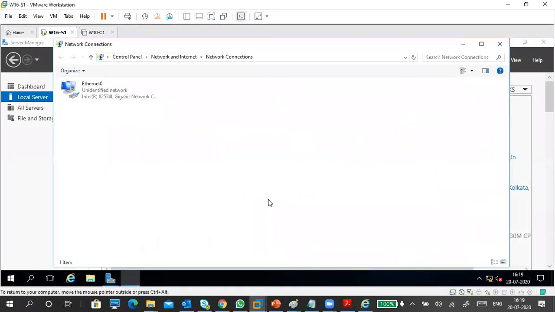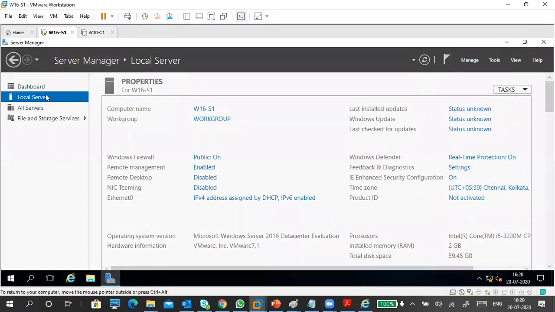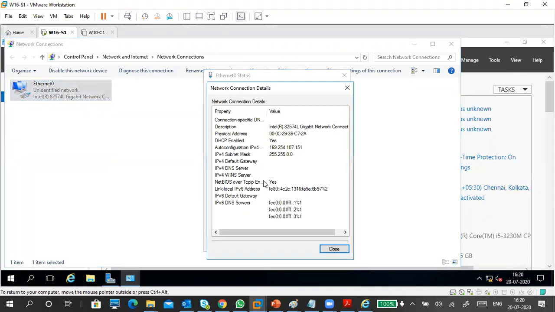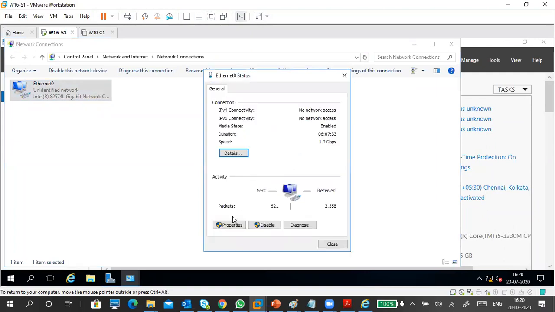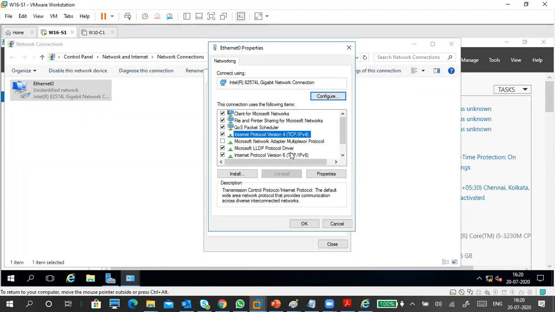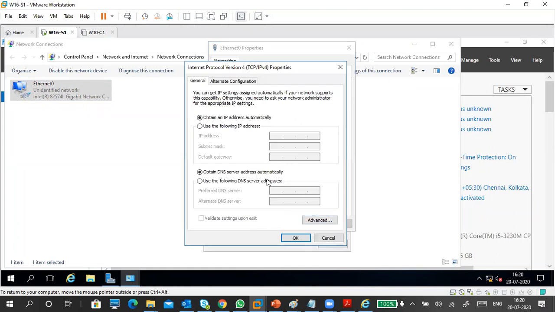So I'm clicking on this. Local Server Manager, local server. My IP address is assigned by DHCP. I clicked on it and my adapter opened. Double click. An APIPA address has come now, so don't worry about it. Go to the properties. I'm setting it static anyway, so no problem. In the properties, I select use the following IP address.